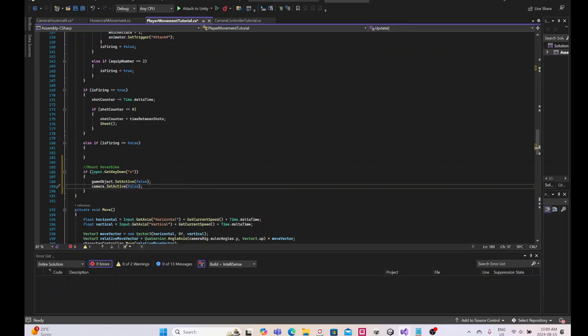So game object, I think it refers to the female warrior, which is the script, and then the camera